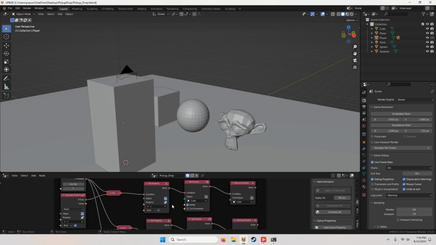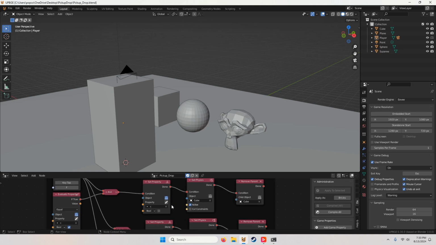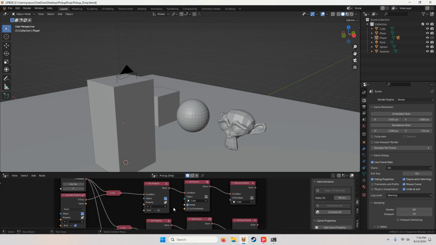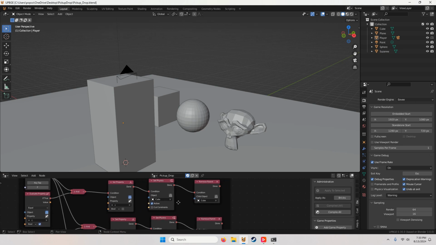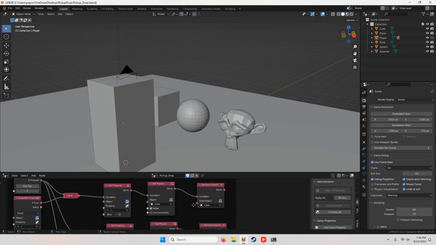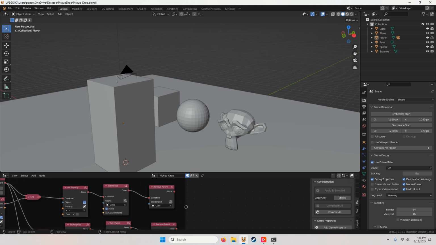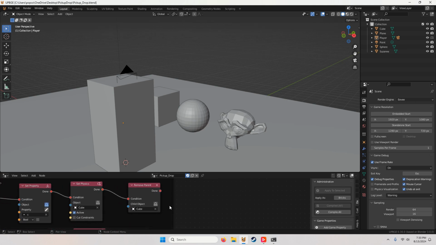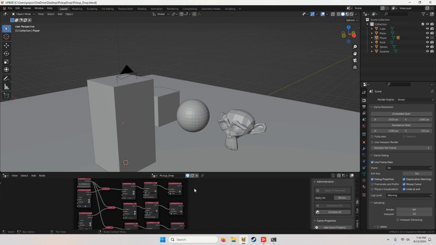Then it makes the property inactive, which is false, and it sets the physics to true, and then it removes the parent, which is the camera.